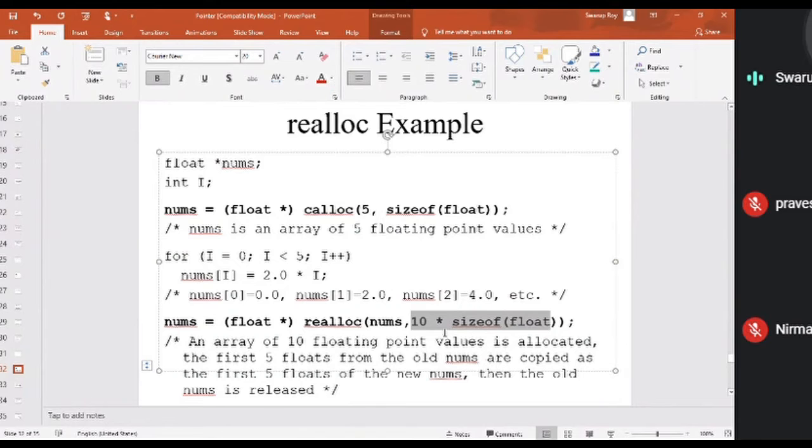Let us assume you'd like to store another 10 float variables, so 10 into size of float. Realloc will add another 40 bytes at the end of nums, whatever you have created. So that means your memory can be extended later on.